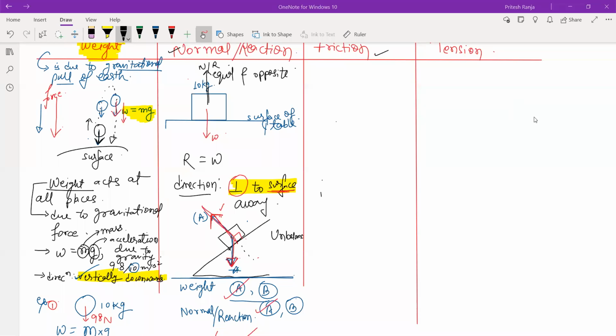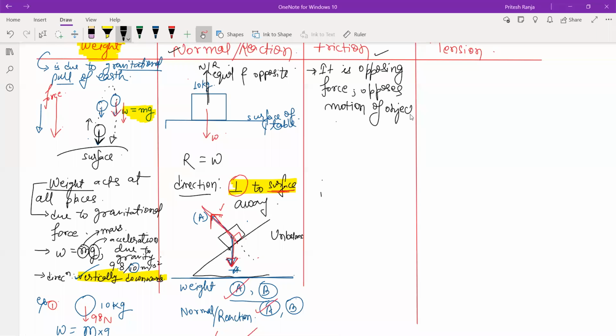So let us see friction force now. You would have definitely gone through friction forces in the previous years. Can anyone describe what is friction? जो जानते हैं shortly, what is friction force? It is an opposing force, first of all, right? It is an opposing force. So if it is an opposing force, what does it oppose? It opposes the motion of an object,